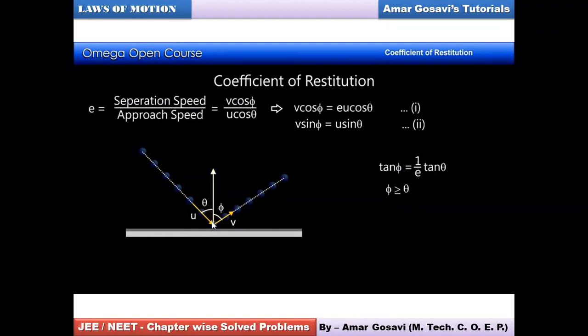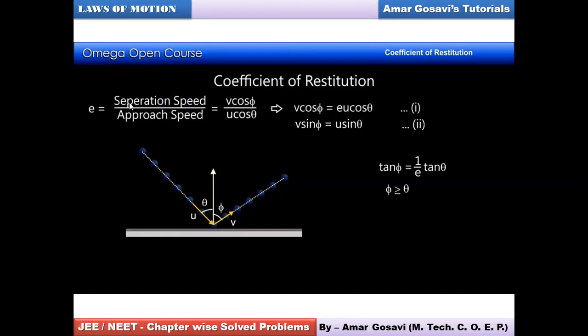Okay, after collision also, it's not going to go vertical, it's going to go incline. But then incline with what angle? Phi. Now, phi would help us finding out its vertical component. So, v cos phi would be the vertical component. So, instead of v, it's being written as v cos phi.